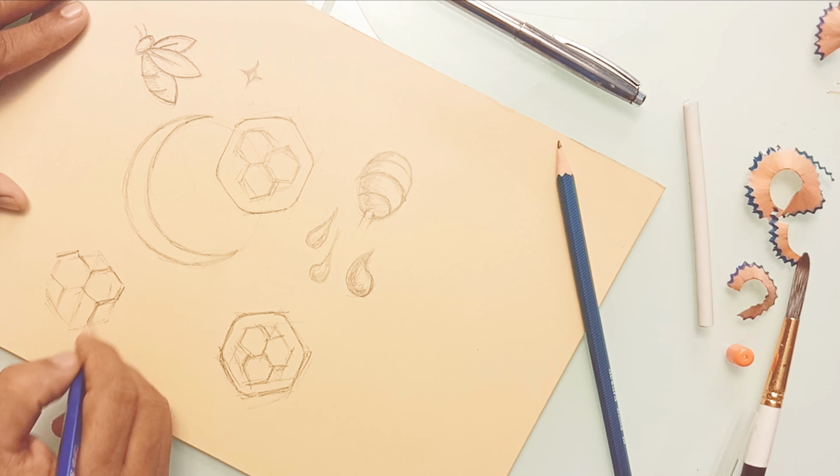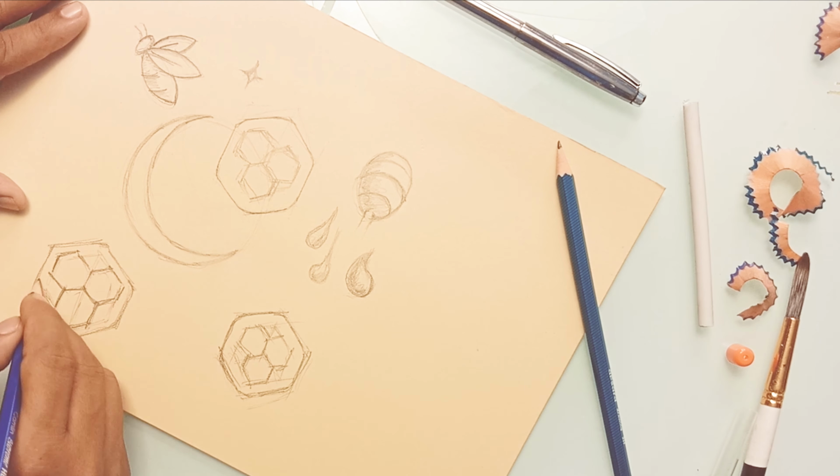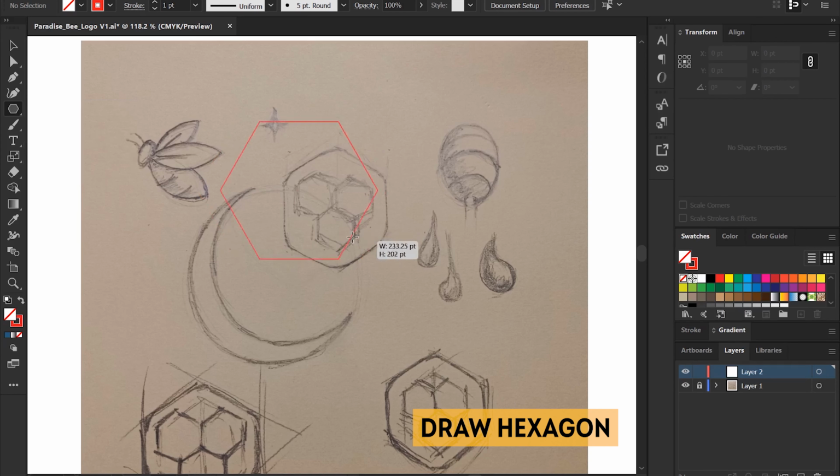After completing this sketch, we will draw those elements one by one.